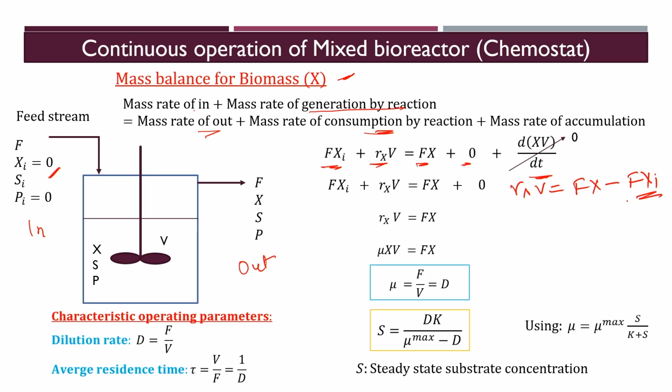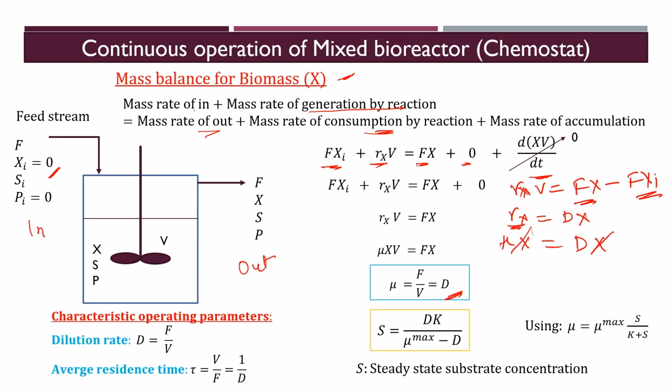So, it becomes Rx V equals F into X, and F upon V is D. So, Rx becomes D into X, and what is the Rx? It is mu into X, equal to D into X, then X cancels out. So, mu equals D, that is the steady state